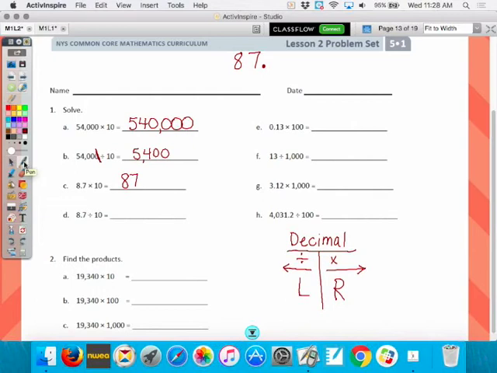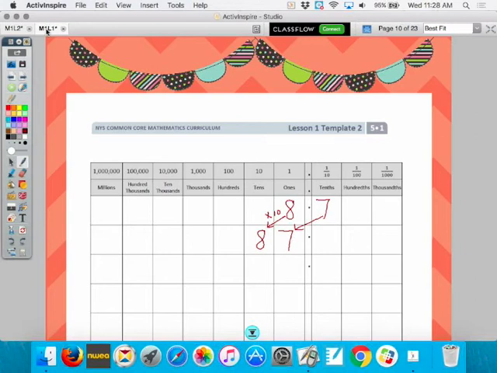8.7 divided by 10. Go back to your place value chart. You could just erase what you need to now that you have a dry erase marker. Or you can just start over. Okay, and if I divide by 10, what do I do here? Go to the right, 1 place value. Am I dividing by 10? Yes. Okay, good. So now I have,